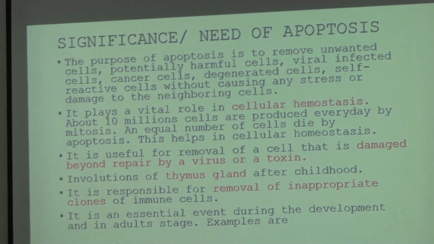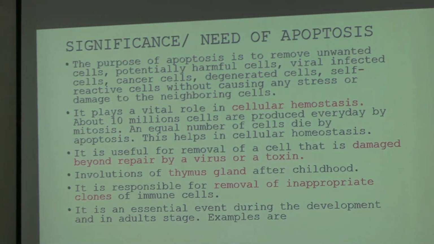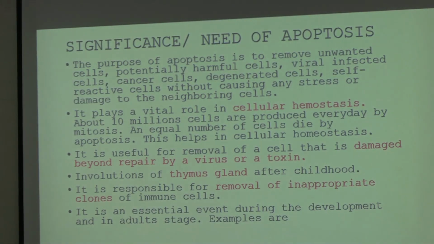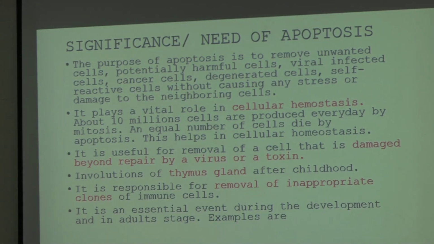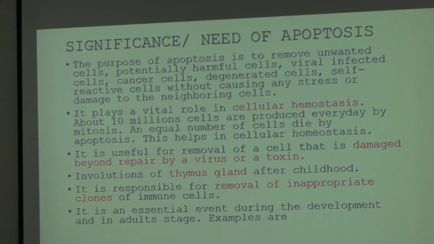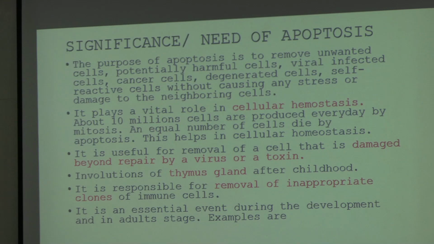Now go through it and try to remember all those points. Why are these important? For exam purposes also. In your book you may or may not get some points, so better you try to capture this. These are the importance, the purpose of apoptosis. The first point is already discussed. Second point,